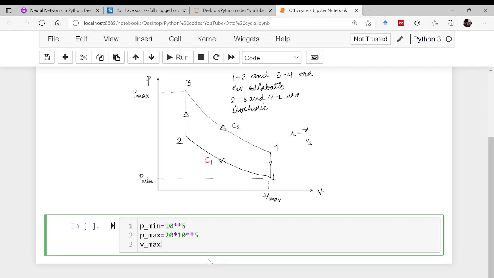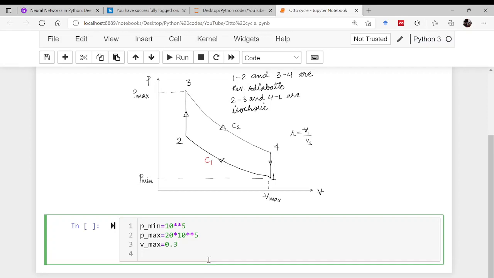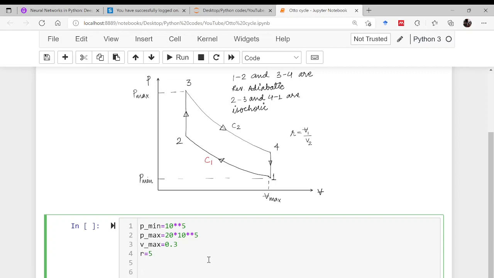The maximum volume, let us say, is 0.3, and the compression ratio is 5. Okay, so these are the parameters which you can take according to the requirement or the problem in hand.